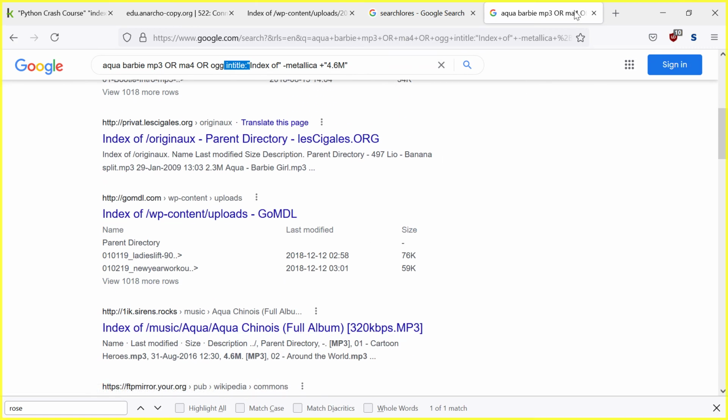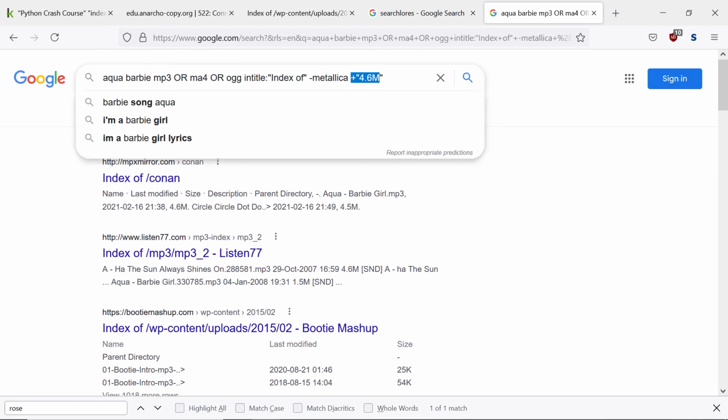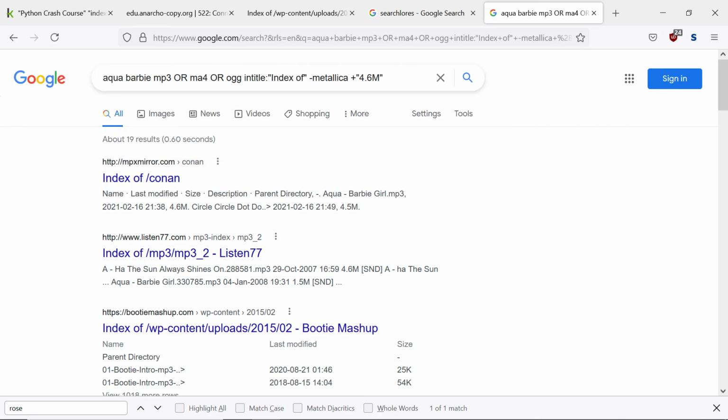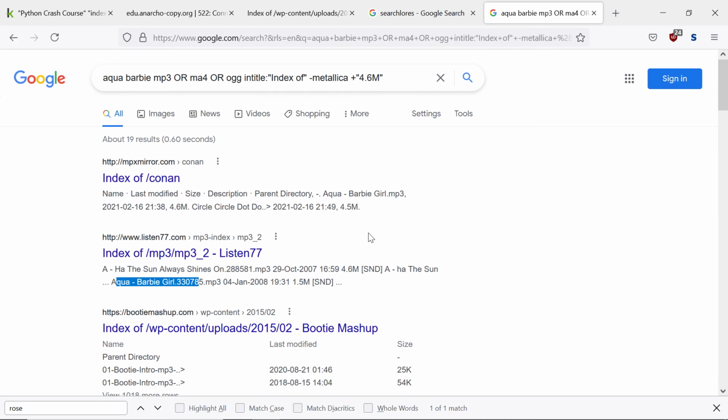It's just, he has interesting ways. And so you can see right here, he was looking for something that's high quality. So he's looking for it to be bigger than 4 megabytes. So he's looking for the name of this song. He wants it to be an MP3 or an MA4 or an OGG format. And he's pulling the index of and InTitle index of in a different way than I was. He doesn't want it to be Metallica though, because maybe Metallica has some kind of Aqua or Barbie in one of their titles. And then it wants to be bigger than 4.6 megabytes, so it's not some little rinky-dink. And then you can see right here, there's an Aqua Barbie girl right here. So I don't know what these are. I don't really care about the music right now. I was more interested in books, but